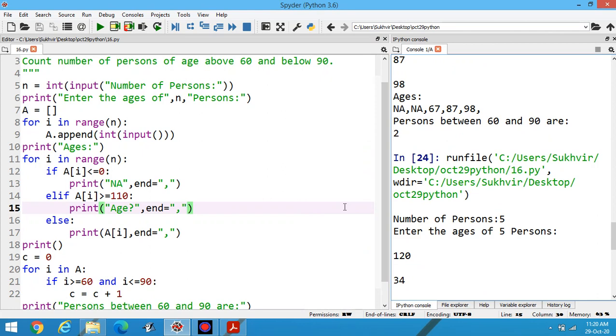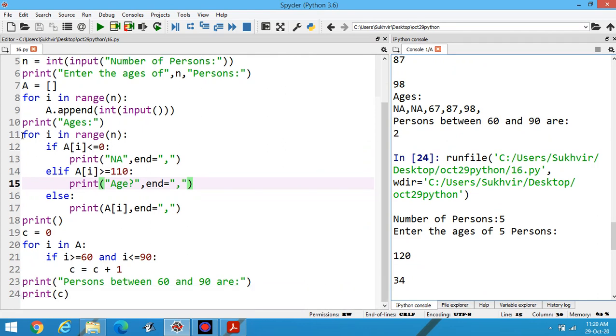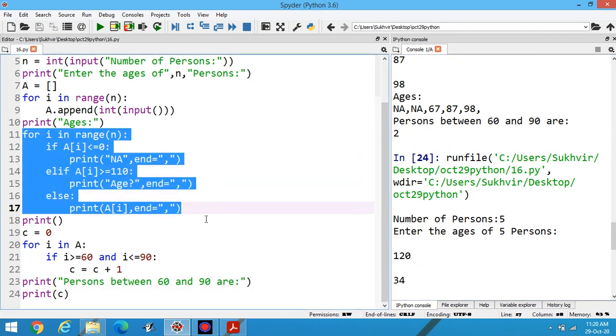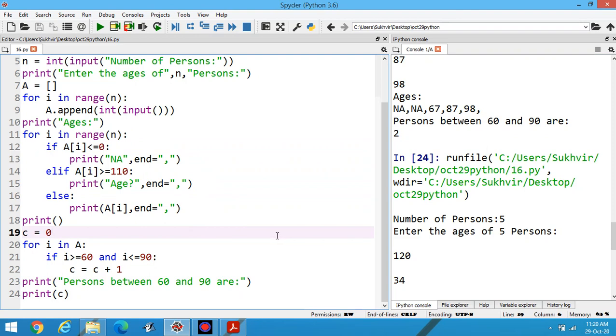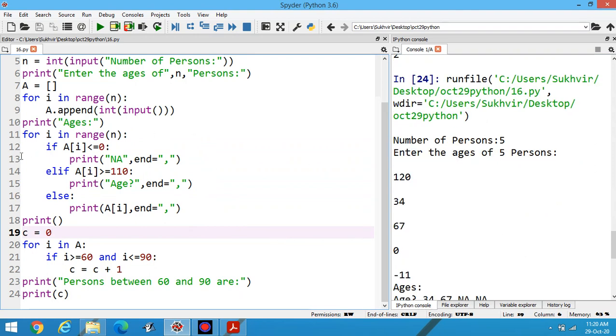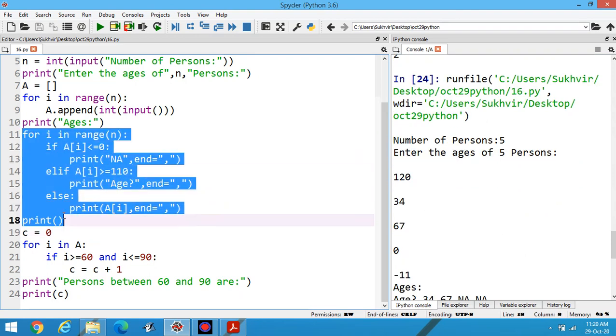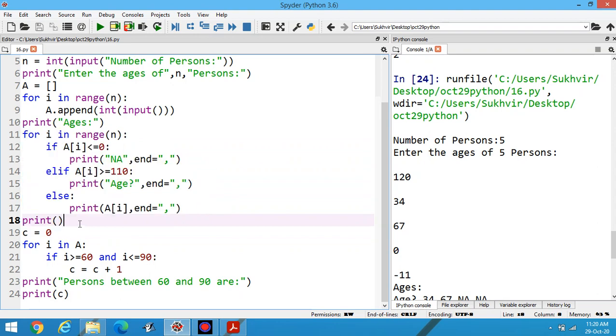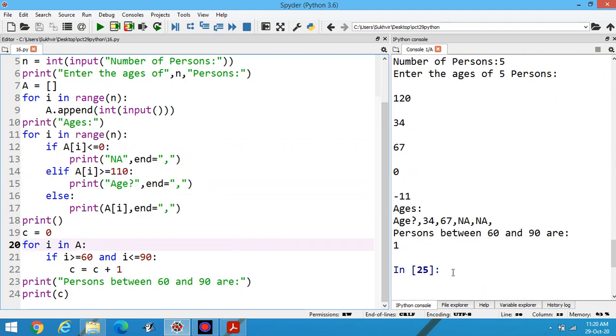Now the program is over, almost over. You have to apply this condition also. Because the user can enter any age, you have to restrict that content also and the displaying of content. If default content is there, then there is no problem. But otherwise, if you are entering the data from the user side, then you have to control that particular content. Hope you understand the content of this program.